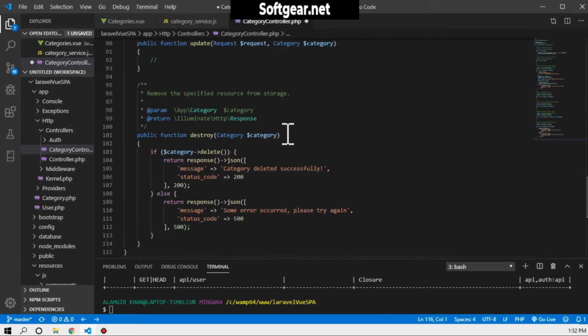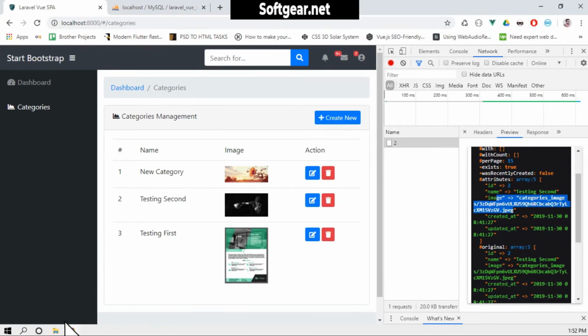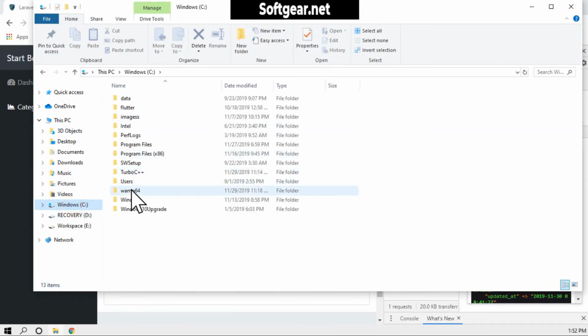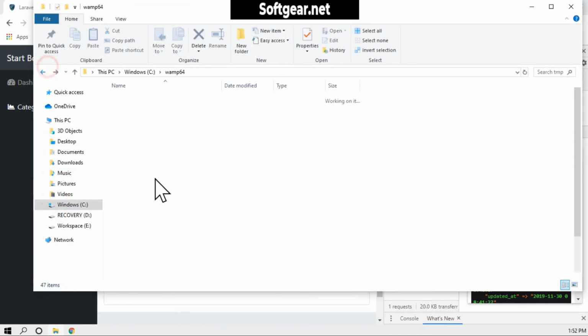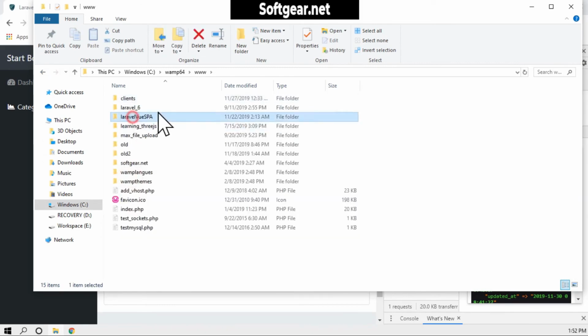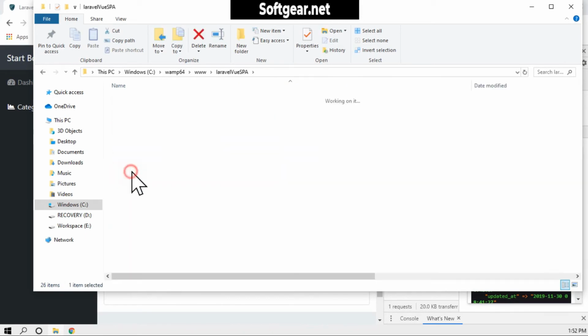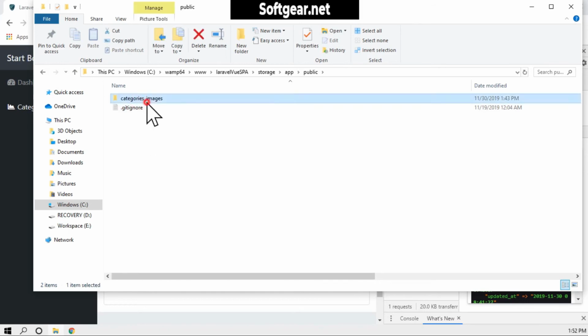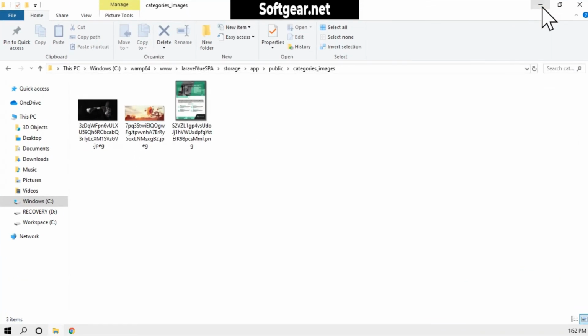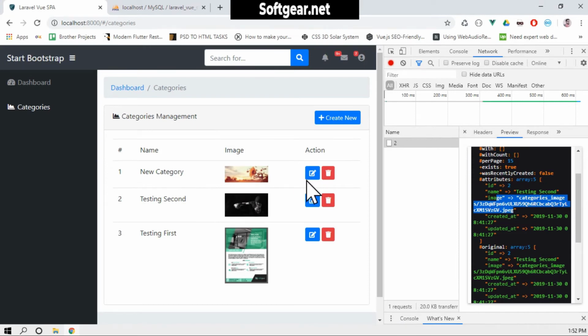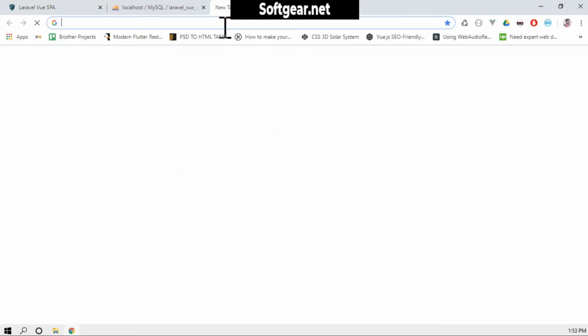Okay, so now we are deleting the category, but we also need to delete the image from the table. If you go inside our public, storage, app, public, category images, we have these three images, and we have to delete these when we delete the category. So what we can do, we can go to